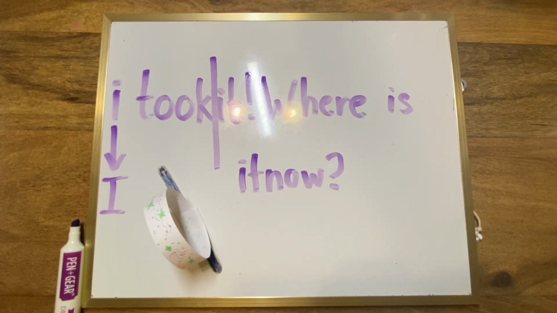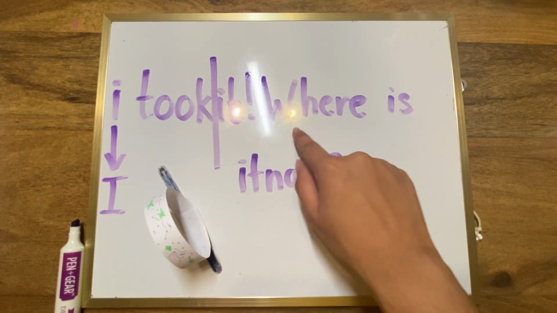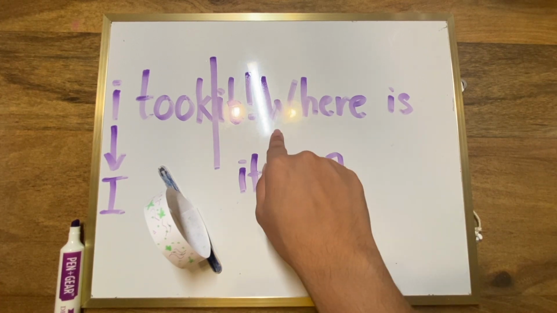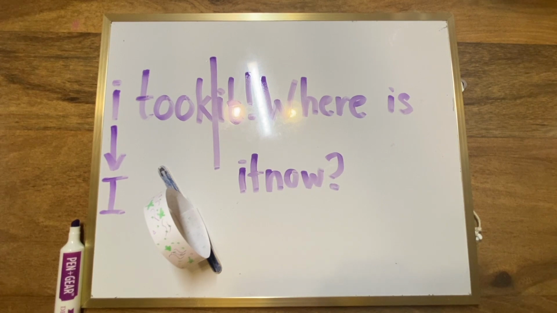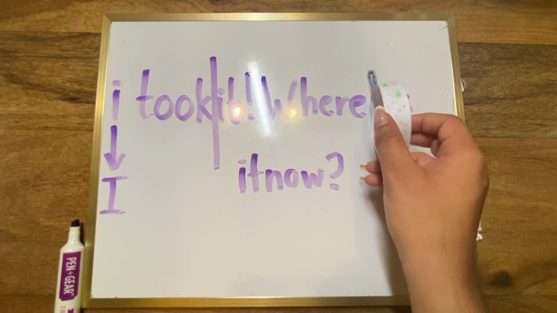Now let's move on to the second sentence. Again, we start off with the CSP process. So for C, we check if the first letter of the first word is capitalized. And this W is indeed capitalized. So we're good on that. Now let's look at the spacing of the second sentence. There's a space between where and is